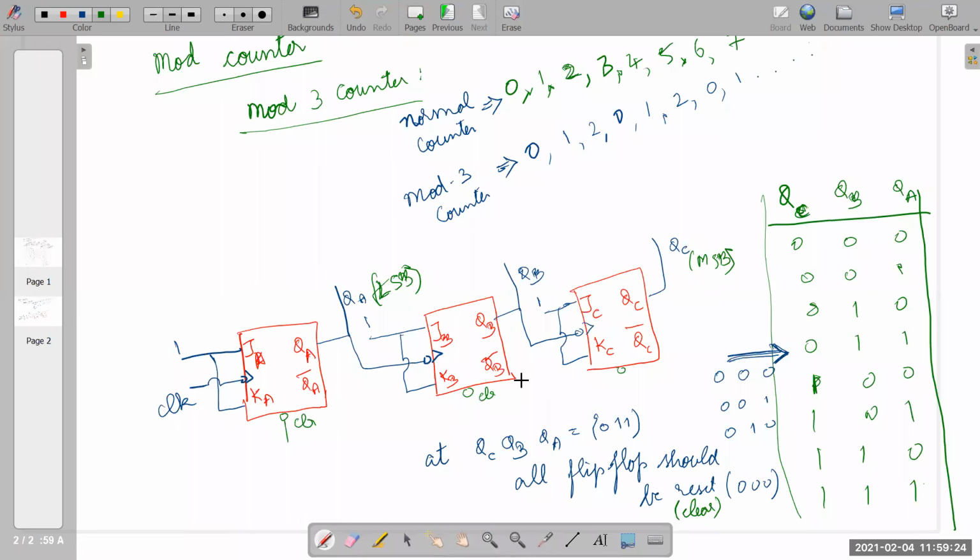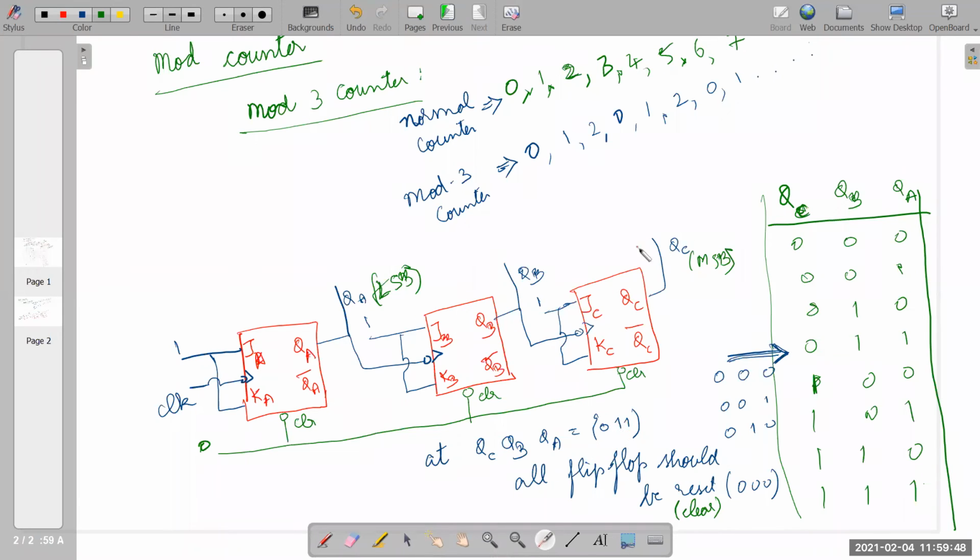When will the clear input be enabled? When I give clear as 0, all outputs QA, QB, QC will be cleared. Because I give 0 means clear is enabled. So when should I clear? Once I reach 0, 1, 1, it should be cleared.